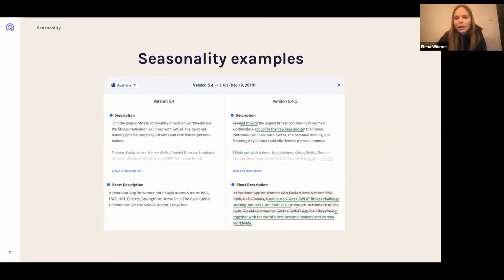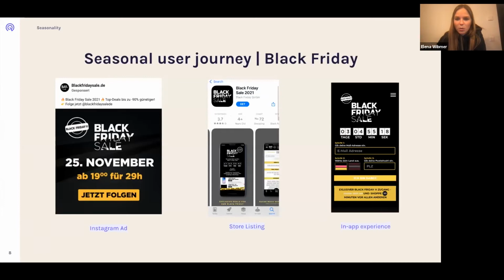Coming back to my example from before, that would now be going in the direction of a fitness app. I just found it interesting to show you how you can actually find it out by looking at how other apps optimized in the previous season. This is an example of one of the previous seasons of how Sweat, the fitness app, optimized their long description. They changed their long description specifically for New Year, and as I teased before, trying to leverage that traffic boost that they get with the New Year resolutions. They optimized for specific New Year keywords within their long description. It's an example from Operator's timeline, and it's a nice way to see for which keywords specific apps optimized.